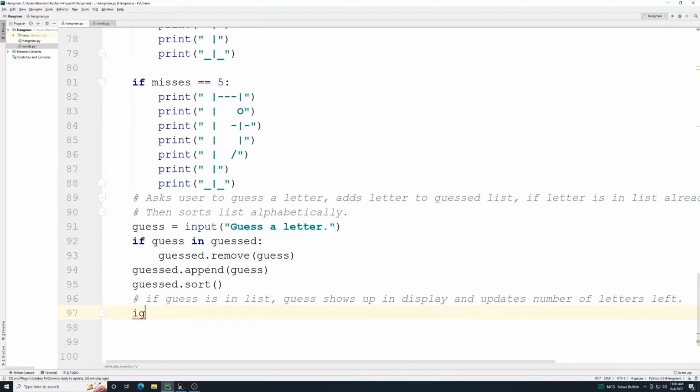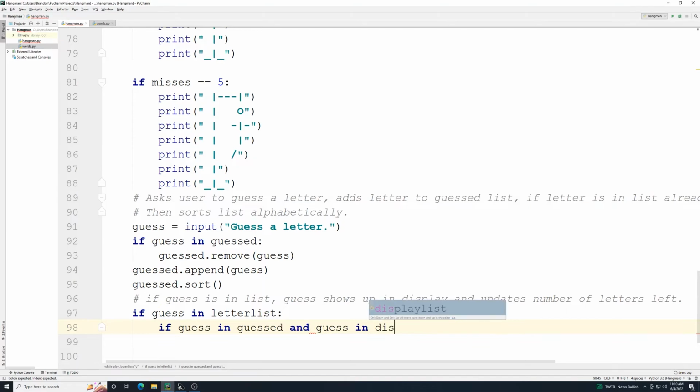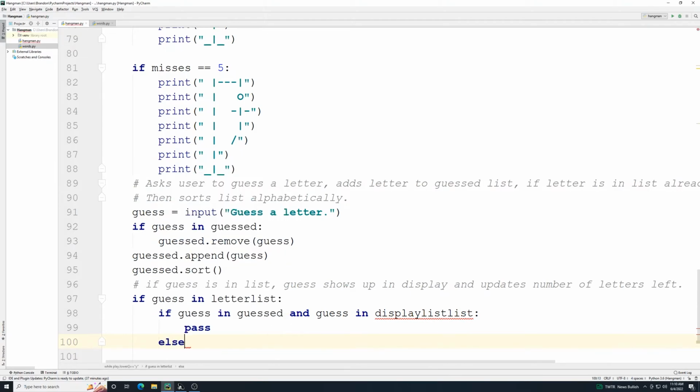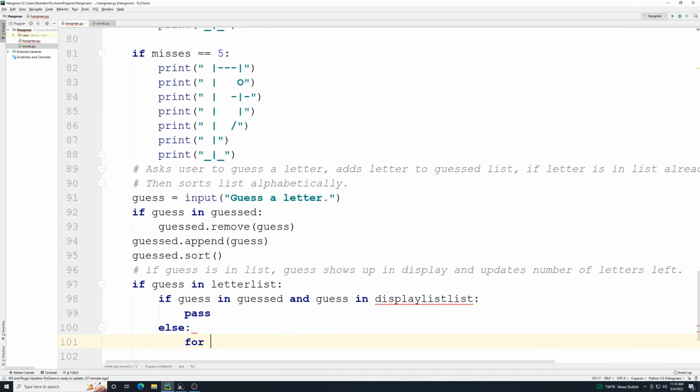So if guess in letter list, and remember letter list is just what we generated from our random words, then we could say underneath that another if statement, if guess in guest and guess in display list, and then I'm going to use pass, and then underneath that I will say else, and then I will type in for x in range of the length of the letter list